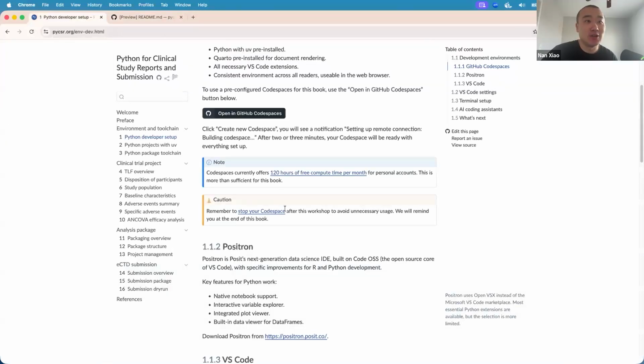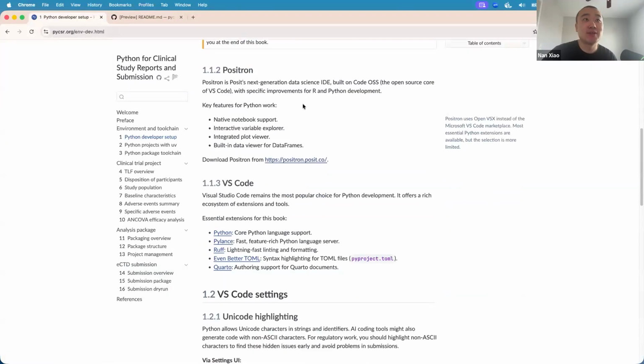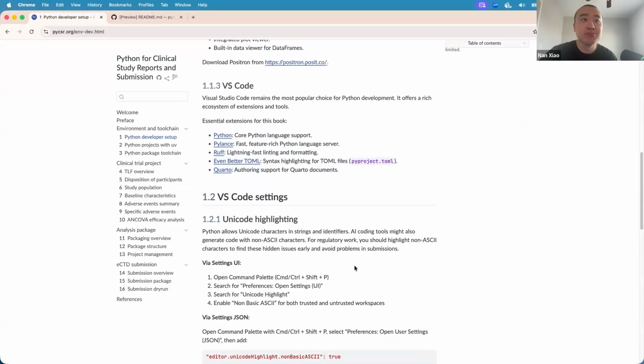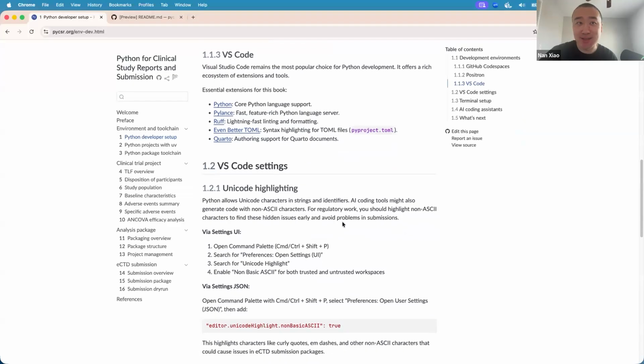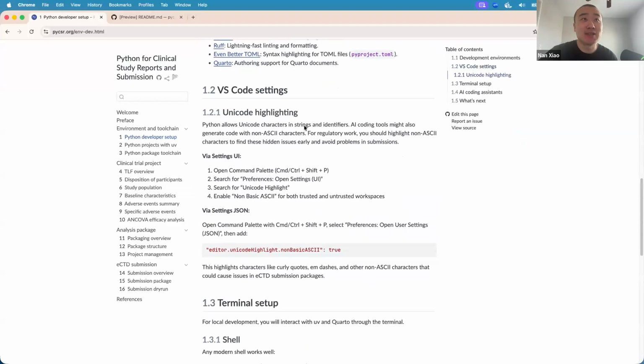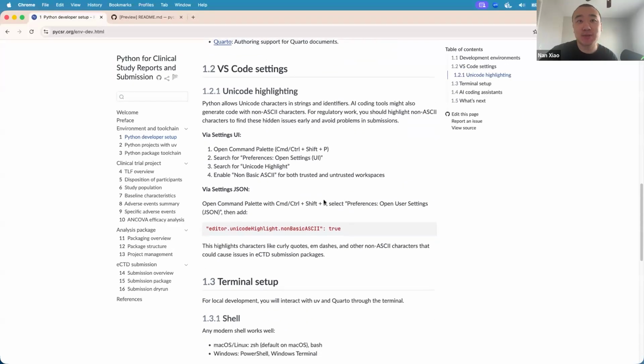Okay, so several options: GitHub Codespaces, Positron, and VS Code, right? And here are some useful VS Code extensions you can install yourself for this particular workshop, but I find them useful in general during your Python package development experiences. There are also some VS Code settings you can set up yourself.